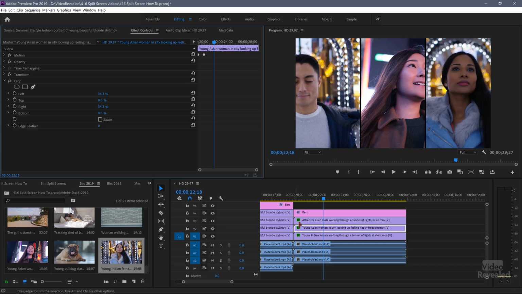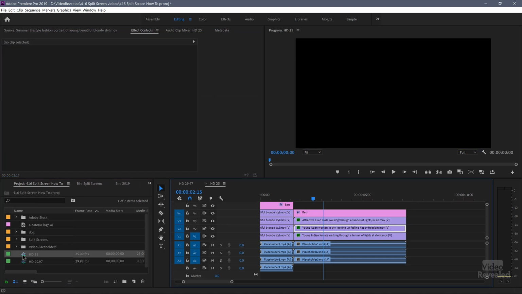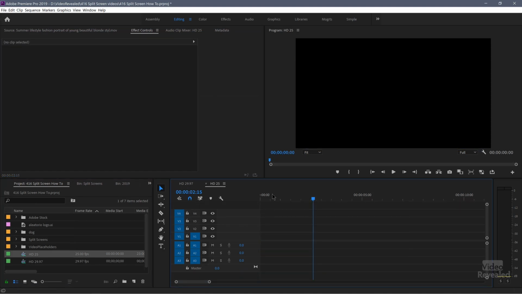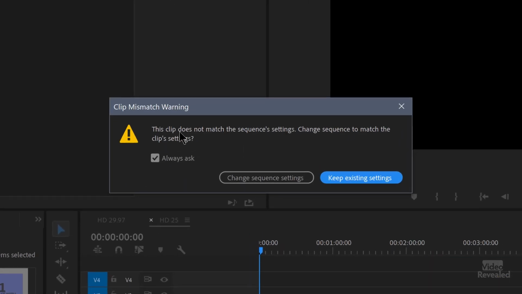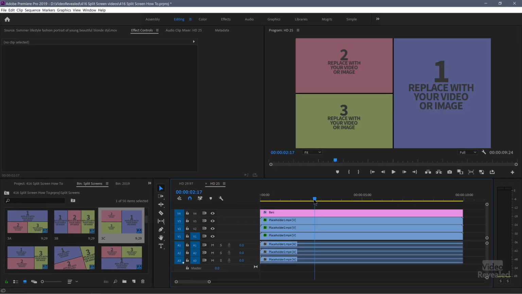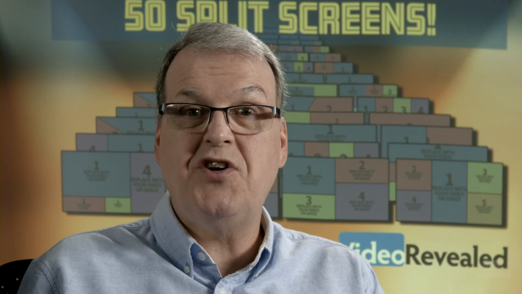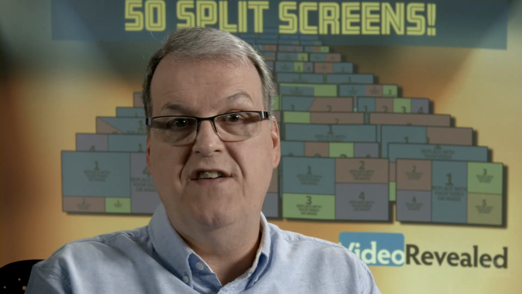Okay. Now let's talk about placing into a different frame rate. So as I mentioned, this is 29.97. So I've created a 25 frame per second sequence. Now when you drag this in, you'll get a warning the clip doesn't match. Just keep existing settings. And now when you replace them, because chances are if you've got a sequence at 25 frames per second,